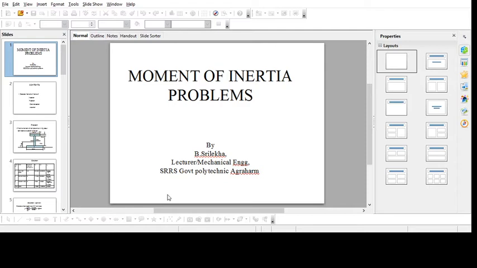Next. A bar of T section has a flange 50 mm wide and 10 mm thickness. The web is 80 mm deep and 10 mm thick as in the figure given below. Find moment of inertia of this section about the centroidal axis IXX and YY. So given that a T section is there whose flange is of length 50 and its thickness is 10, and this web is also of thickness 10 and the depth of this web is 80. Now you need to find moment of inertia about the centroidal axis IXX and IYY.